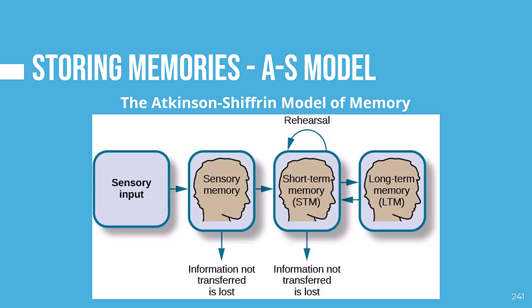How will your memories be stored? There are various conceptual models that explain the storing of memories. For our class, we're going to concentrate on the Atkinson-Shiffrin model of memory. The Atkinson-Shiffrin, or AS model, assumes there are 3 separate memory stores, and that information is transferred between these stores in a linear sequence. Each of the memory stores differs in the way information is processed or encoded, how much information can be stored, capacity, and for how long, or the duration.